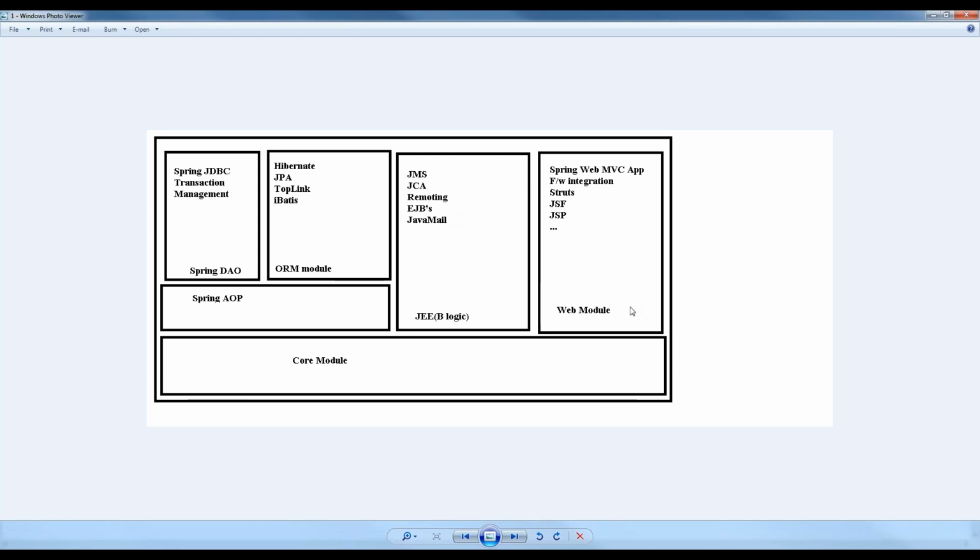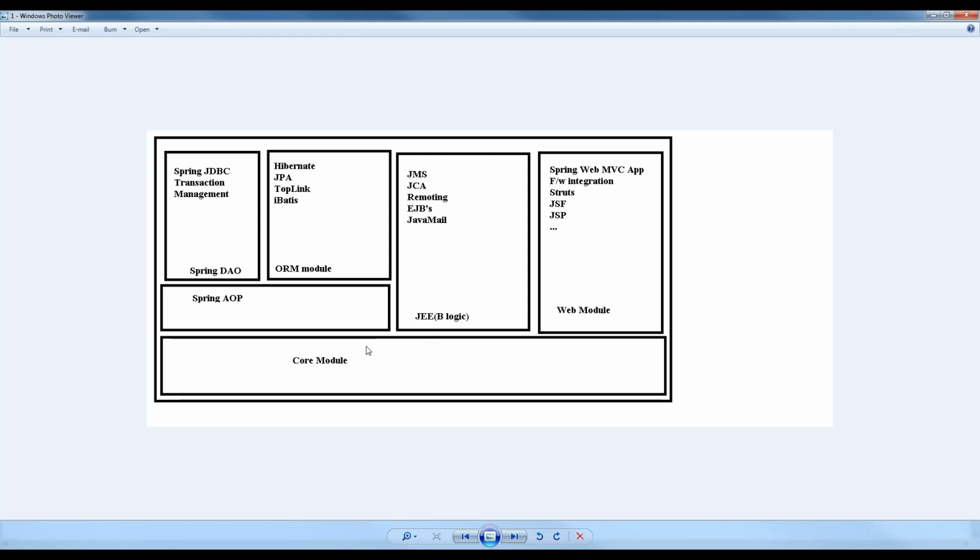If you want to use any module, we depend on the core module. Or if you want to use only a core application, we depend on the core module. But what is the core module? If you know about the core module, then you can easily understand the remaining modules like Spring AOP, Spring MVC, Spring JEE, ORM, and DAO modules.